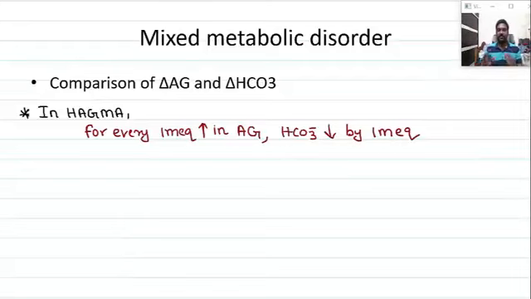So this is called as the relationship between increase in anion gap and decrease in bicarbonate. So in high anion gap metabolic acidosis, for every 1 milli equivalent increase in anion gap, bicarbonate generally decreases by 1 milli equivalent. So for example, if anion gap is 15,